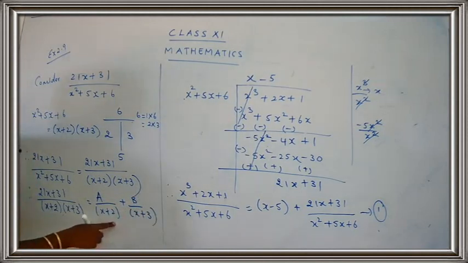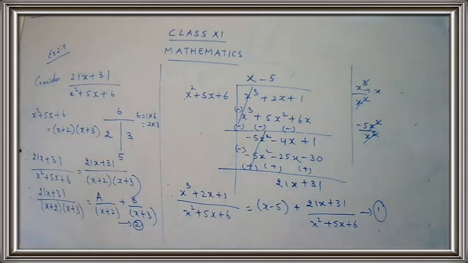Very simple calculation. Now you have to mark this as number 2. Okay children? Now let's move further. Now you know how to do the work. So now you have to make the denominators common. Once you make the denominator common, you can cancel the denominator and just go with the numerator part. That is, we simplify the numerator part and find out the two unknowns, the values for A and B. Come on, let's do the work.